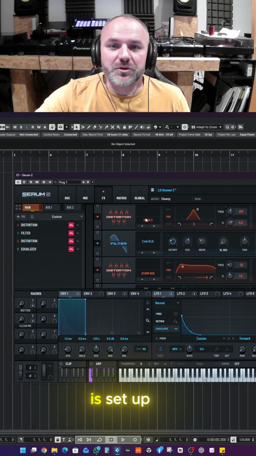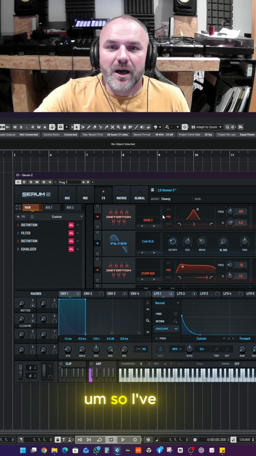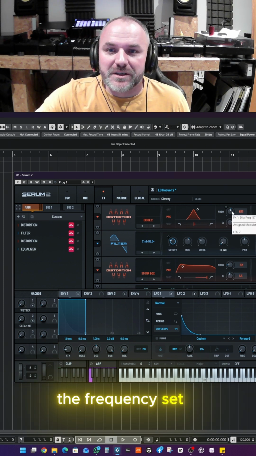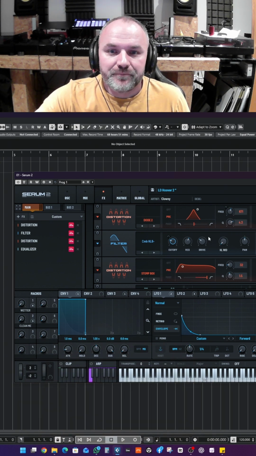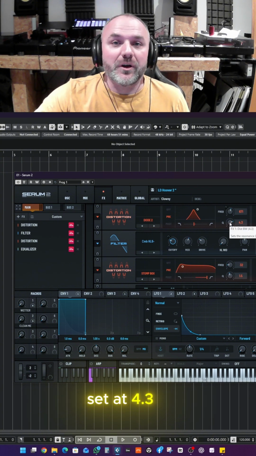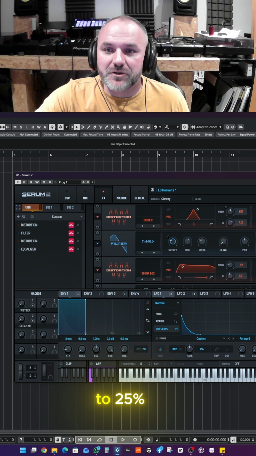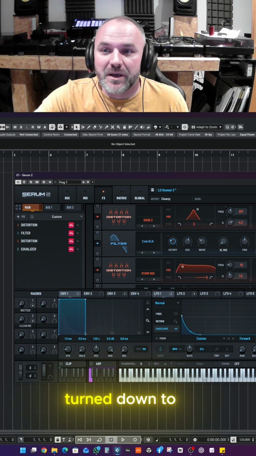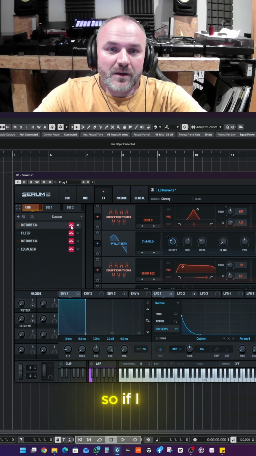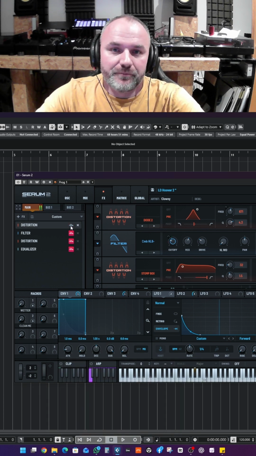The first distortion is set up as diode 2, so I've got pre highlighted, move the slider to the middle, and we've got the frequency set at 761 and the Q set at 4.3. Drive turned down to 25% and the mix turned down to 43%. So if I bypass that,